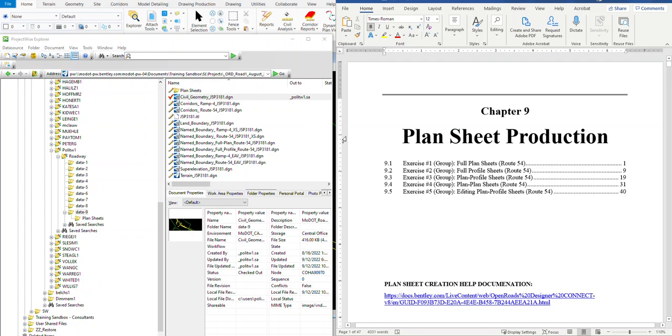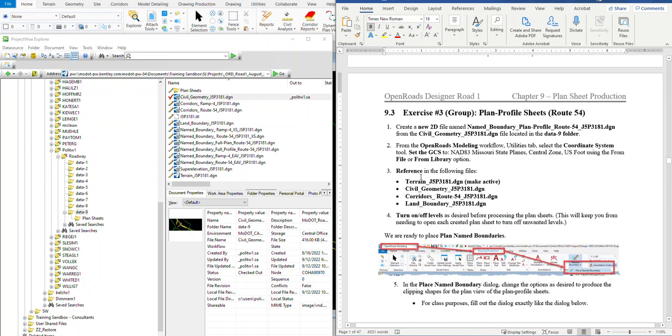This video is going to cover Chapter 9, Plan Sheet Production, Exercise number 3, Plan Profile Sheets. So let's go ahead and get started. Move down to the exercise itself. We've created full plan sheets and full profile sheets. Now we're going to do something a little extra and do a plan profile sheet and show you how that